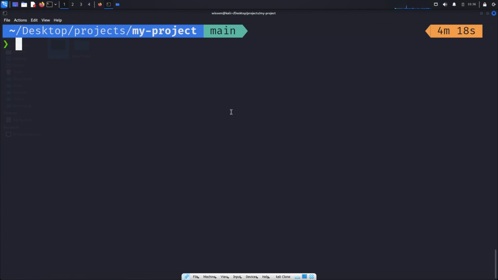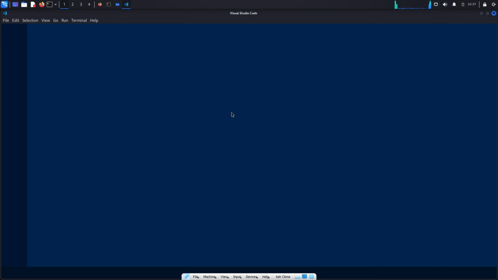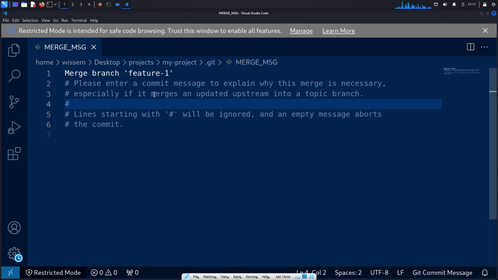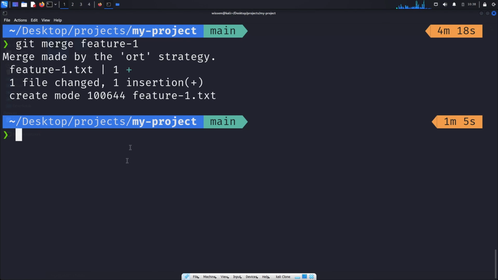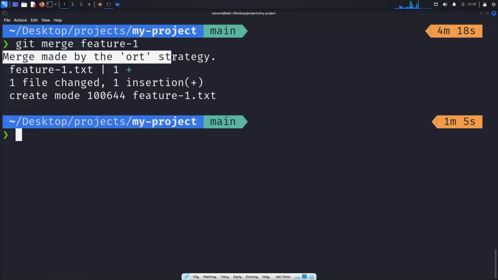So let's test that. So we will use the same command to merge the feature1 branch to the main branch, which is the git merge command, followed by the name of the branch that we want to merge, which is feature1. So Git here opens VS Code to enter a message to explain why this merge is necessary. So we'll continue with this message. So let's close this file. So now the merge was completed, and we see here that it says that the merge made by the ORT